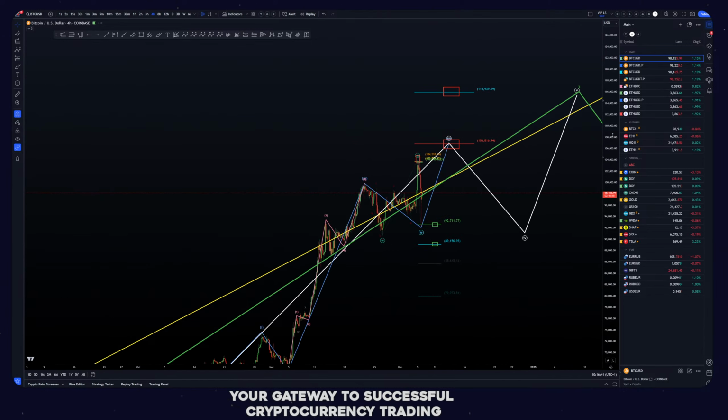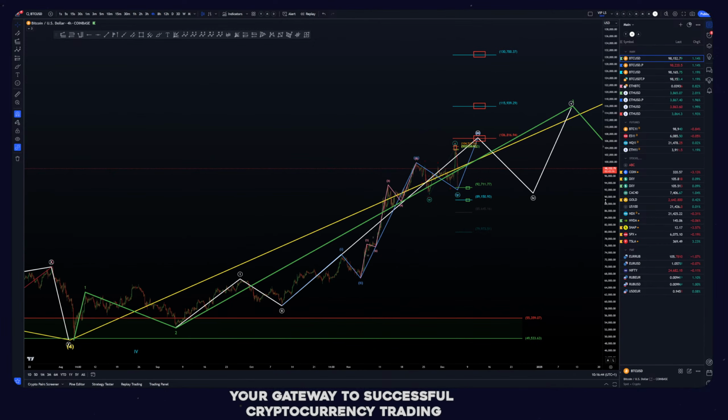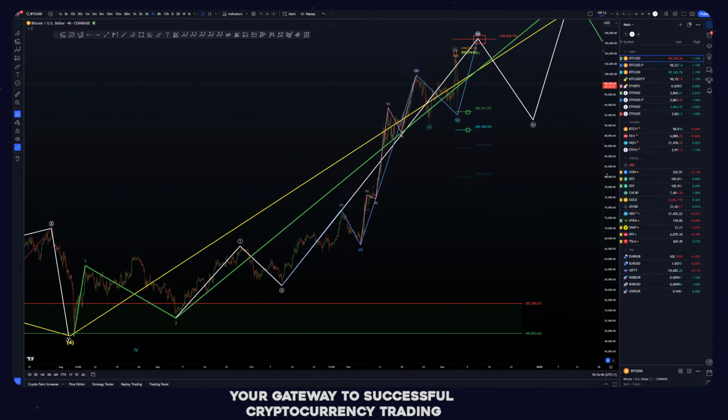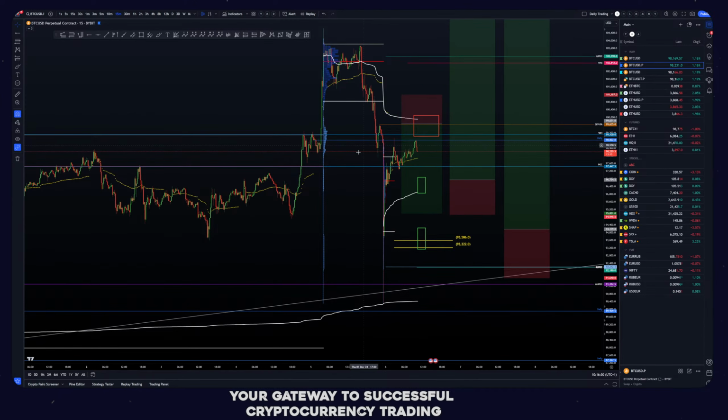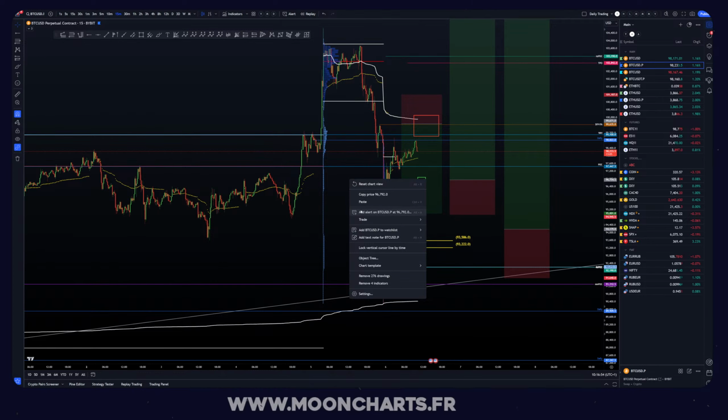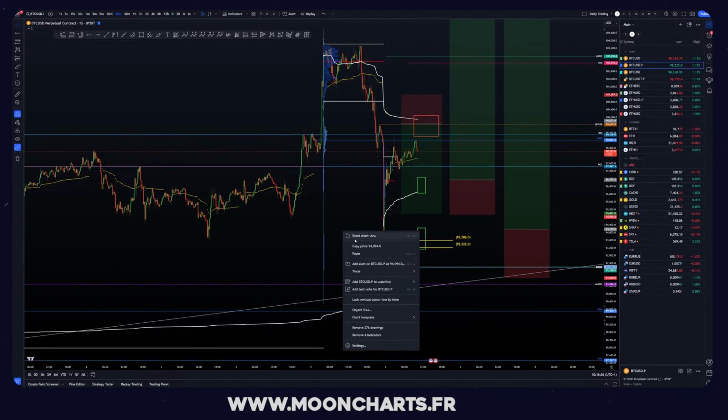Yeah, so that is it, I think, for Bitcoin. Not much fun on this, to be honest. It's just the same as before with the wave, just following everything. And here it is with the levels. So I'm going to add an alert there and an alert just right there.